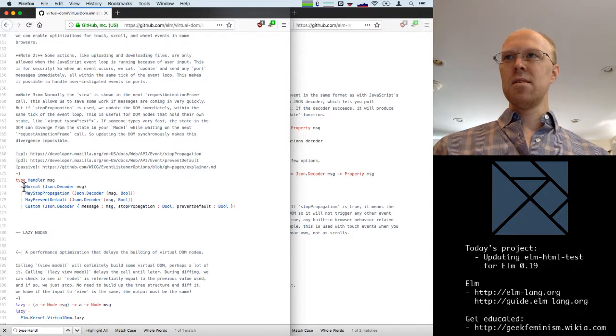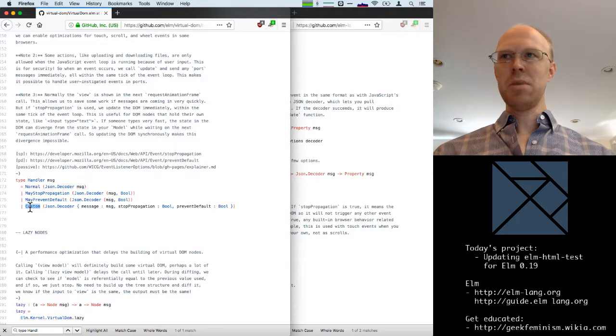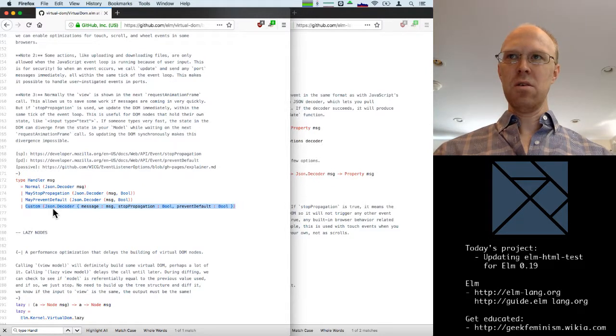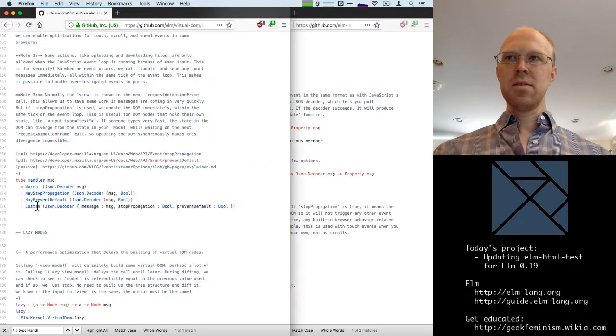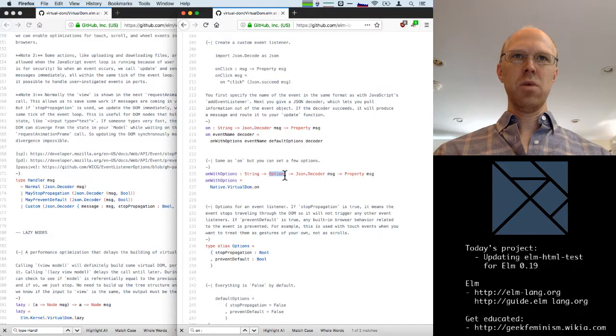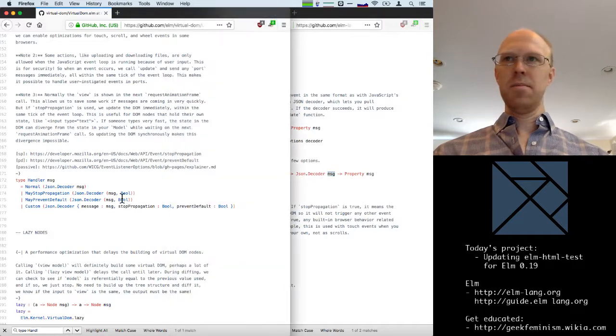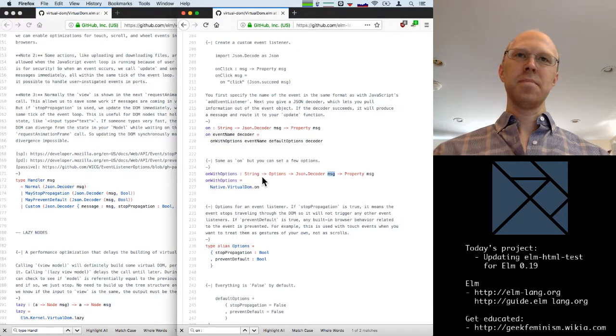So essentially, we'll have to handle all these 3, but fundamentally, this custom one is the only one that actually has unique purpose, and this essentially corresponds to what we had here. It's just that the options, which are just these 2 bools, are now inside of the decoder instead of outside.